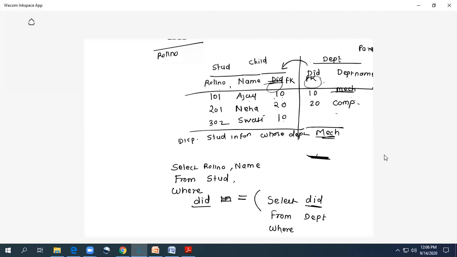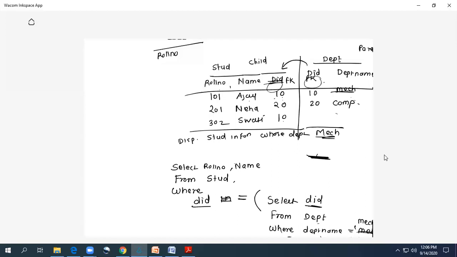Where D name equal to mechanical. So this is the solution of my query. Select department ID from DEPT where D name equal to mechanical. I hope you are clear with this.